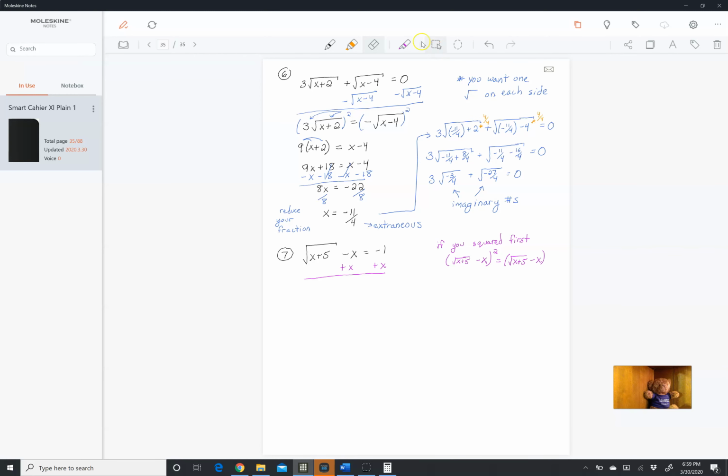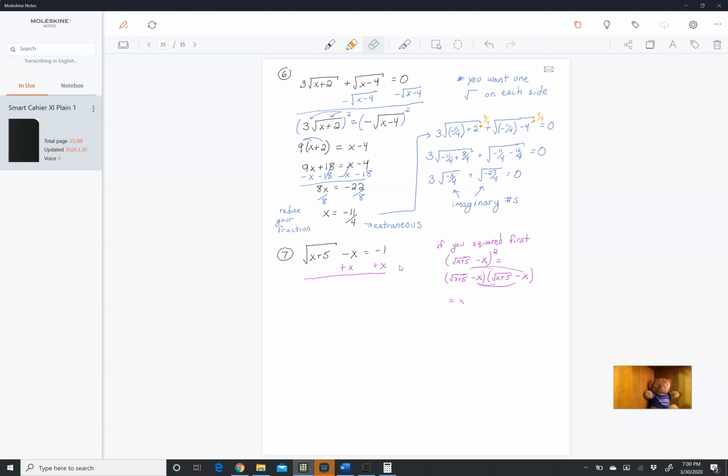I'm going to put this underneath because we don't have enough room. Okay, this is equal to square root of x plus 5 minus x times square root of x plus 5 minus x. You cannot distribute. That is an order of operations mistake. If I see that, I will take off full credit. Okay? And then we have to distribute this,